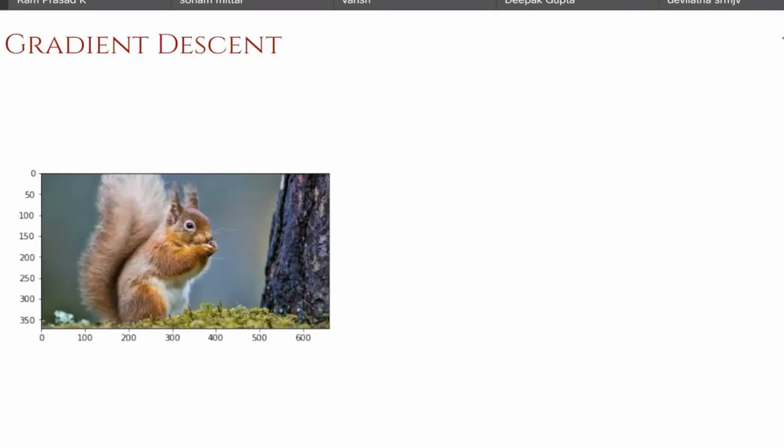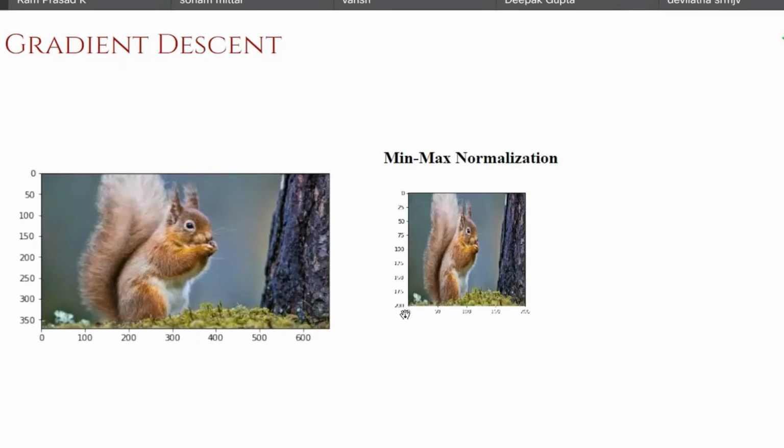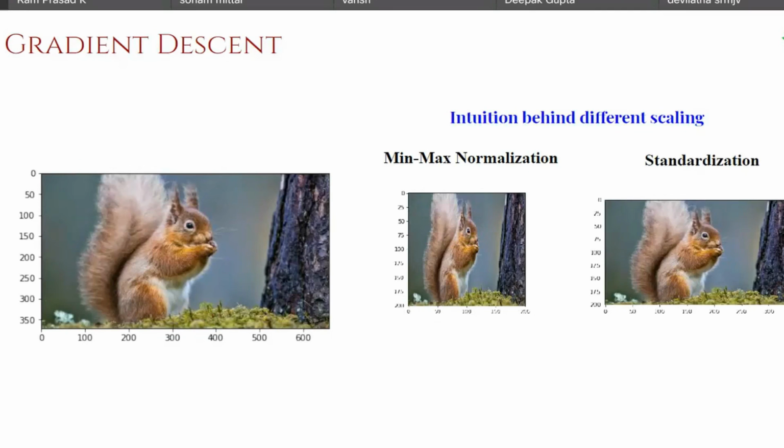One analogy that you can think of is, if you have an image like this, and no matter what the range, you bring everything into 0 to 1, it is like you are not giving importance to the aspect ratio, but forcing the width and height to be a specific range. Say, for example, if you try to put it within width as 200 and height as 200, then it introduces skewness. But if you try to retain the aspect ratio and resize it, like height is 200, then the width has to retain the aspect ratio, then it rescales but preserves the original structure. So this is very similar to what min-max normalization and standardization do. So this can introduce skewness and some biases or some issues with your data scaling.